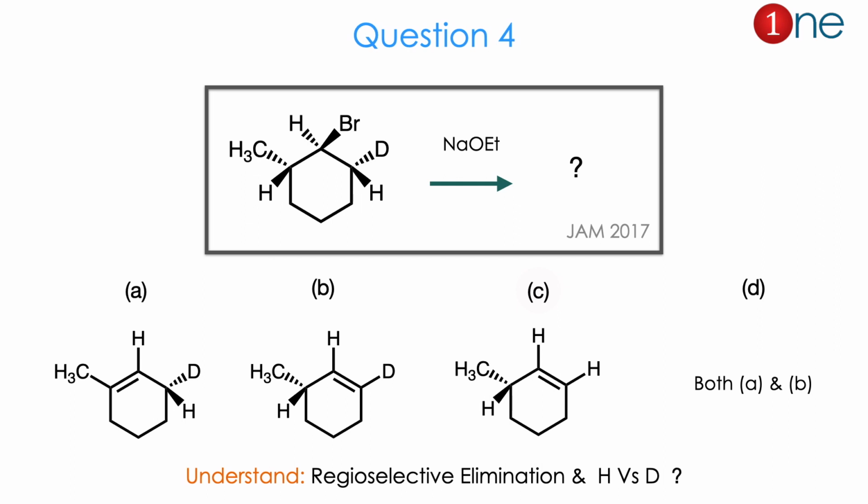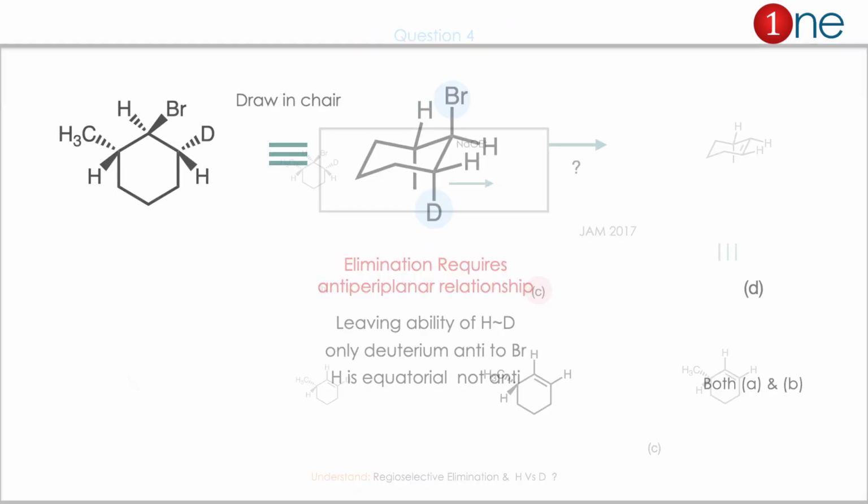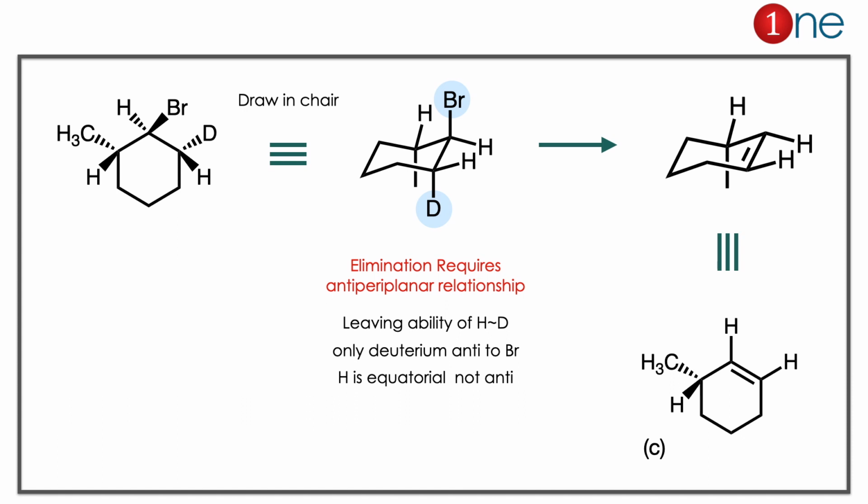So from the reactant to product you might realize regioselective elimination definitely occurs. Whether hydrogen is eliminated or deuterium is eliminated is the real question. The answer is C. Let us see how. Starting material you are having cyclohexane, you have to redraw nicely. So we redraw all bromine, deuterium, hydrogen and methyl group. So if we redraw nicely, we have the possibility of elimination.